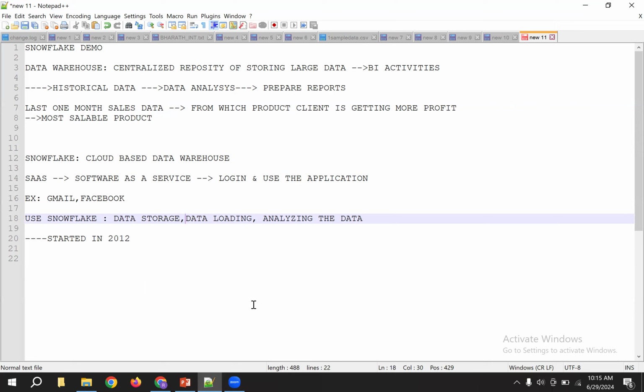And if you want to use Snowflake, you need to use some cloud providers. See here, I said it is a cloud-based data warehouse. So you can directly log in and use Snowflake. And one more thing, Snowflake doesn't have its own infrastructure. With traditional data warehouses, you need to install and require some resources. Maybe you require some servers, some clusters where the servers connect, some warehouses. But with Snowflake, you don't require anything. Directly you log in and use it.